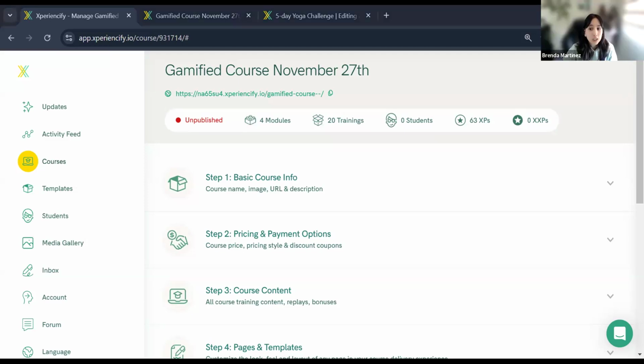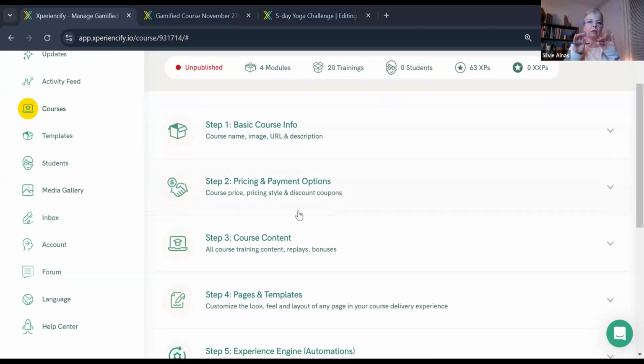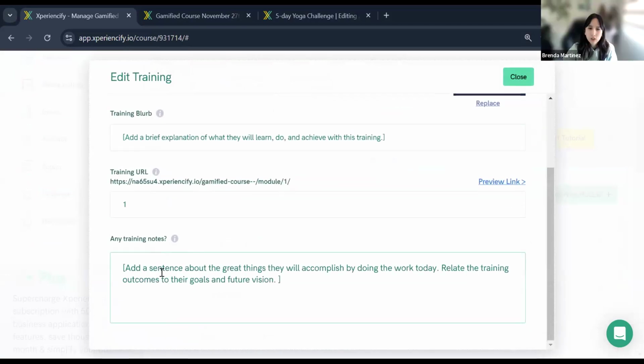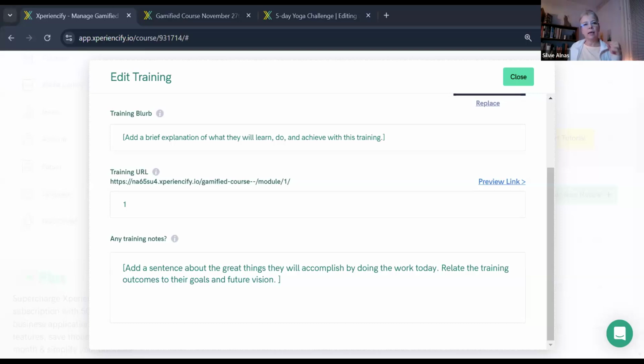I'm guessing that you're talking about training notes. Yes. The one that the student types in, what is that called? Oh, an action, like an essay response, or what do you mean? Yes, like an essay response. And the question is, can I add it, for example, to just the end of a module?